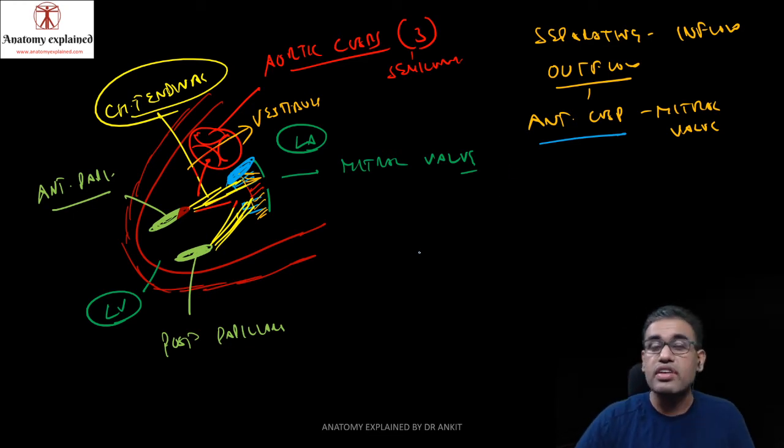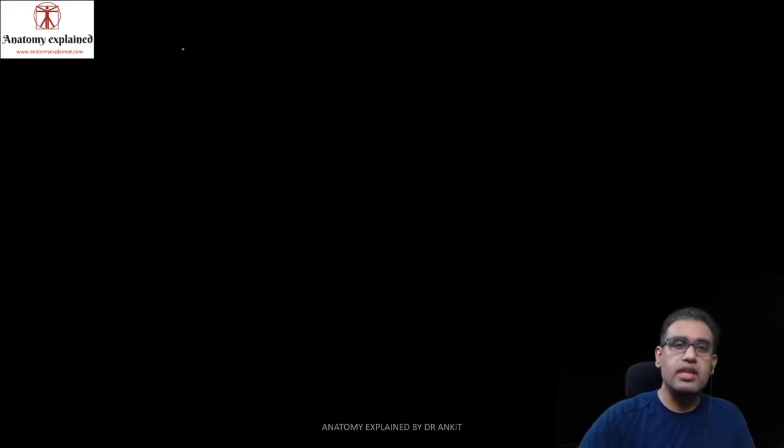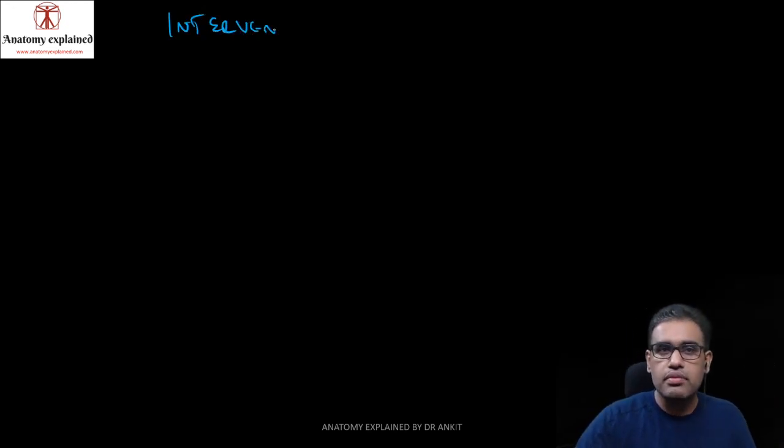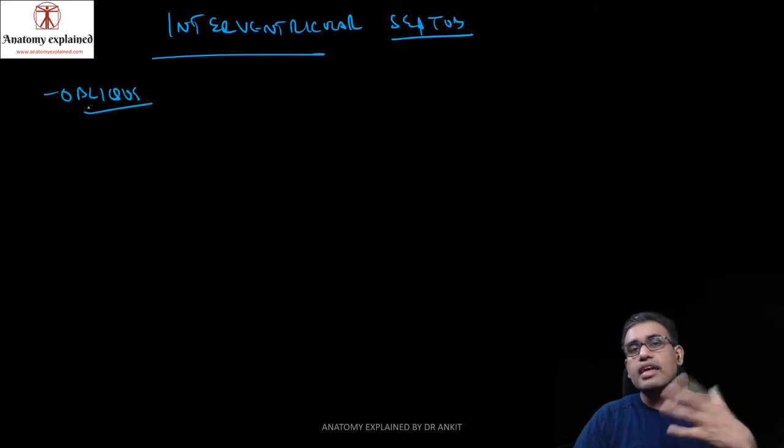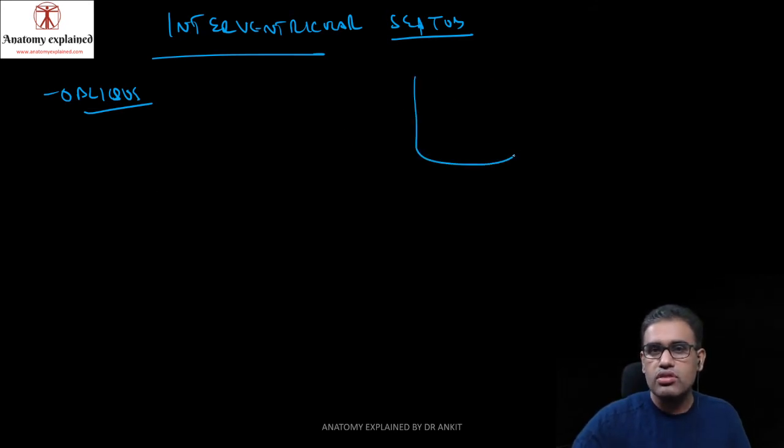And how do we differentiate? So there are two groups of papillary muscles, and then comes your interventricular septum. Again, the interventricular septum is going to be oblique. In the LA we talked about the interatrial septum; here is the interventricular septum. It is between the anterior IV groove and the posterior IV groove. So you know that these are not straight; they are slightly oblique. If you remember, this was the anterior interventricular groove, and that was the posterior interventricular groove, and between them runs our interventricular septum.